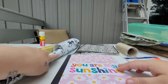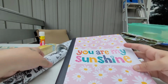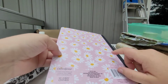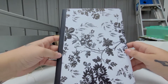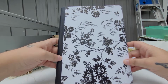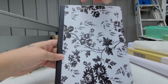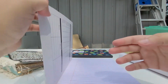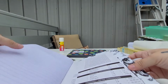So what I'm going to do is I'm just going to cover the front with this paper, and I'm also going to go ahead and cover the back as well. So let me go ahead and do that, and I'll show you what it looks like. So this is what it looks like after I put the liner on there, and I really like it. It is so pretty, and I found out that it's easier, instead of cutting the vinyl after you get it placed on here so you know the corners match,